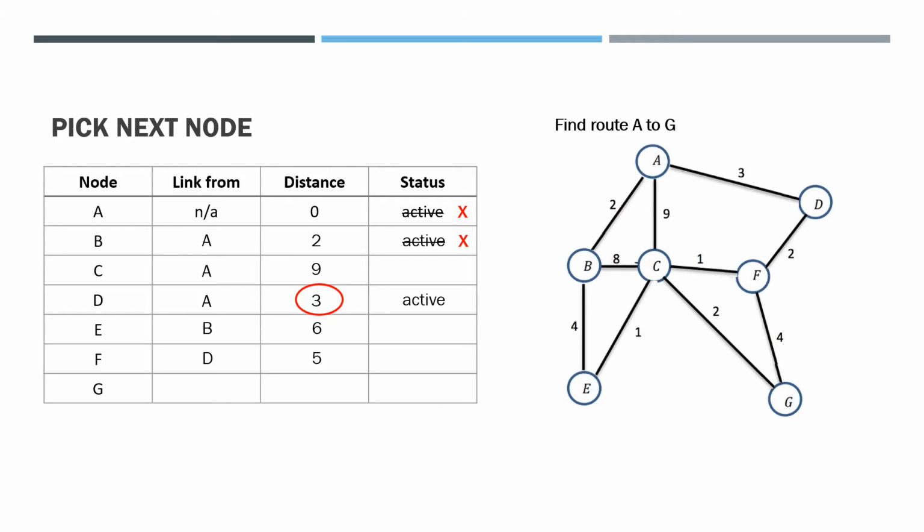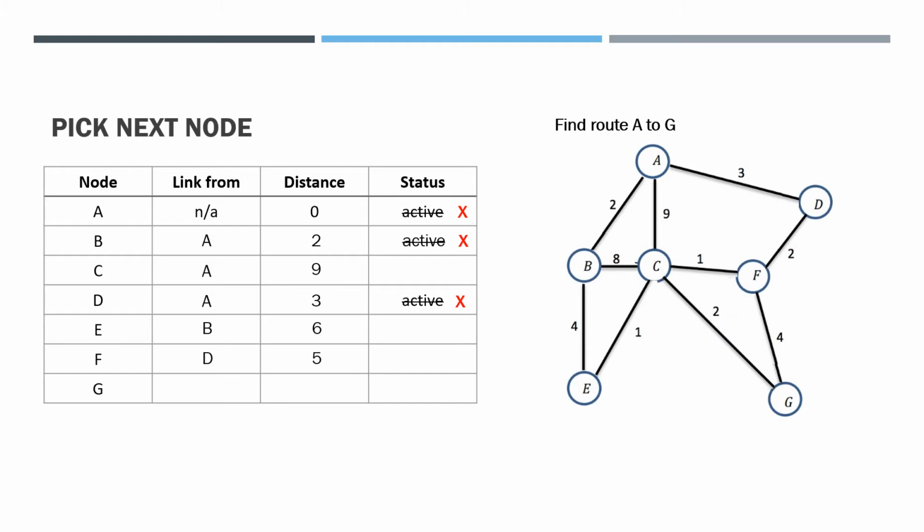Looking at the table, we can get to F from D. That's the only other place we can get to. There's a route A to D. Obviously A is finished. The only other route is to F. So we can get to F from D, and the total distance is 5. 3, which is the distance to D, plus an extra 2. There are no other routes to F, so we write it into the table. That's it. D is now